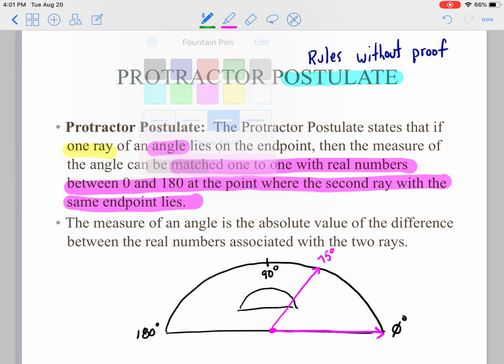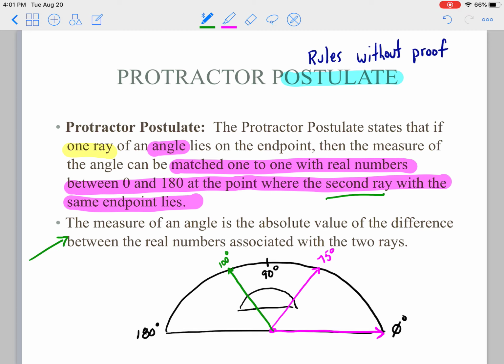If I were to draw the other side over here, it might point to a number that is 100 degrees. I can draw the other side of the ray to anywhere, and I will find a number between 0 and 180 that the second ray will match. This basically says I can find the measure of the angle in here, for example,